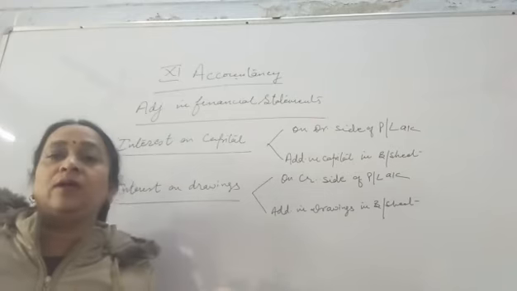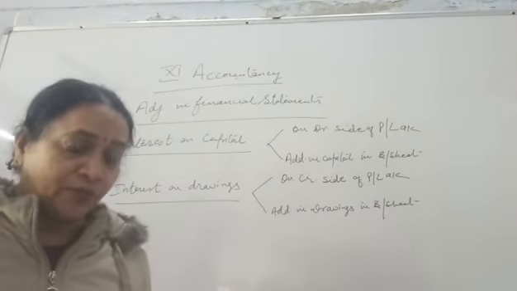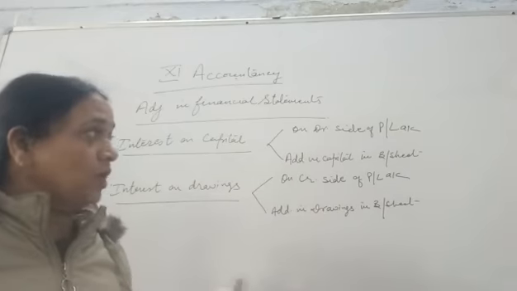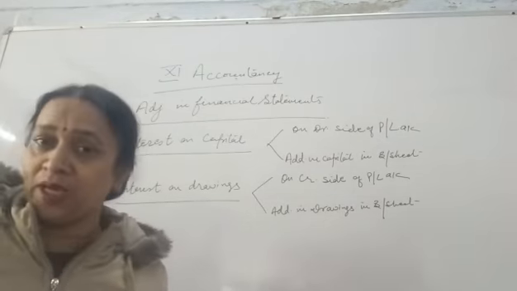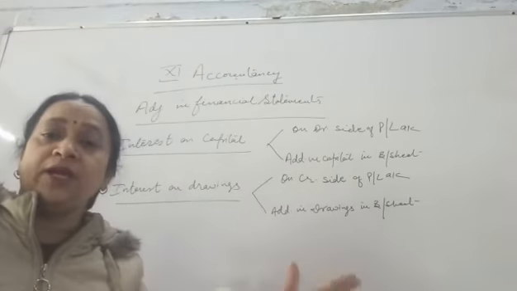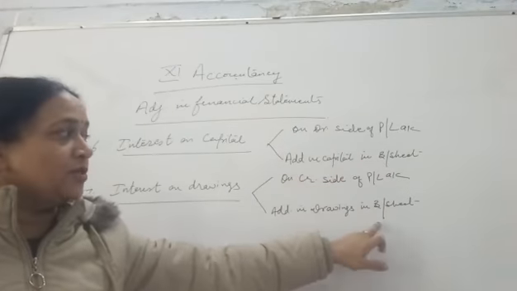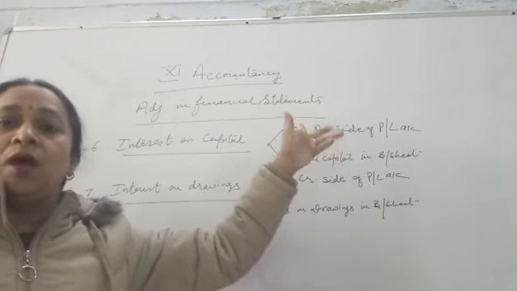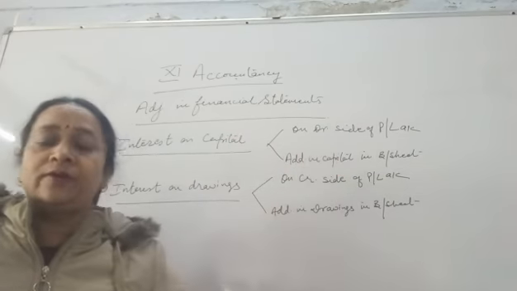As again and again I am telling you, all adjustments will have two effects. Once it is to be shown either in trading account, or in PL account, or in balance sheet, and the second effect will be 100% every time in the balance sheet. You can see here balance sheet, PL, and outstanding wages for example shown, that is to be included in trading account.